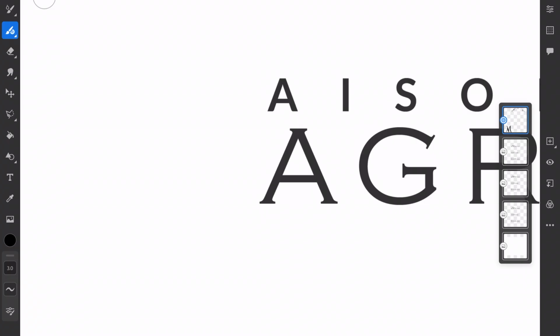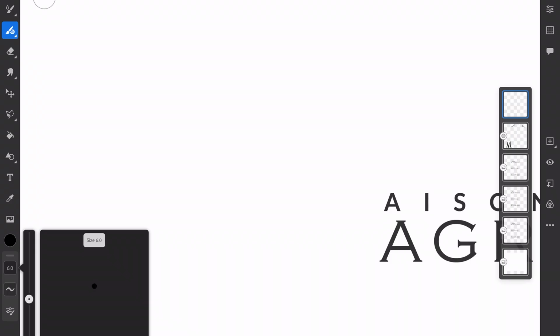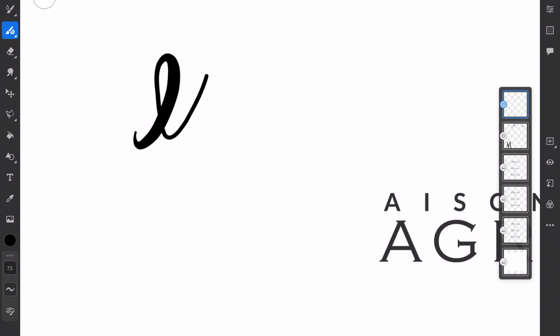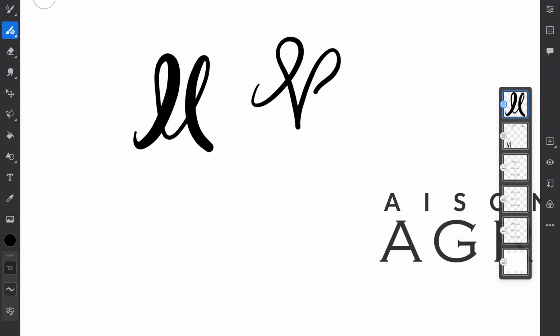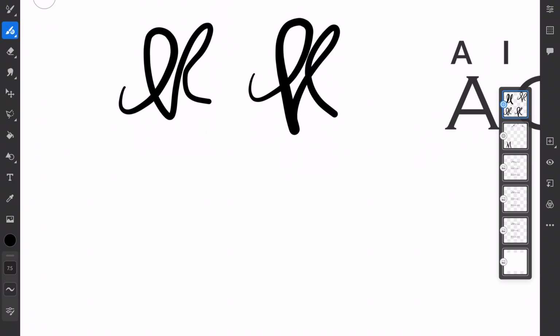Let's try a few more, in fact. This is another great thing about Adobe Fresco. I'm going to just do a new layer and try to get this M right. And I think maybe something that's quite scripty and exaggerated. That actually isn't legible, but something along those lines, maybe. Or let's loop that the other way. Yeah, I like that. It's miles away from an M, but if we can bring the legibility back,